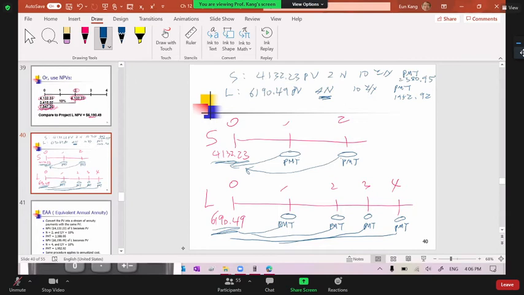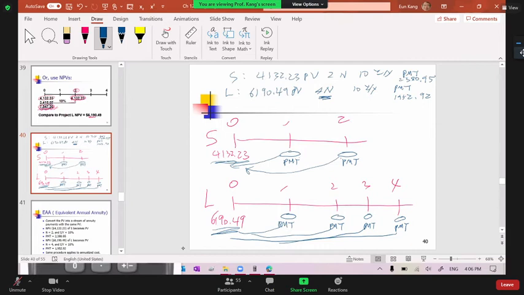Project L, getting 6190.49 as net present value means what? Getting 1952.92 each year for 4 years. Then what? If you repeat it, same 1952.92. So definitely this one is easier. You don't have to worry about the number of years. Just S is better. S is getting more money each year, 2380.95 forever is better than getting